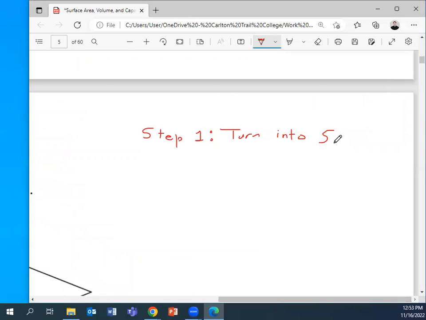So turn into simple shapes. You bet. That's what that is. That's step 1. We've done that. We have 2 rectangles and a triangle. Now, step 2